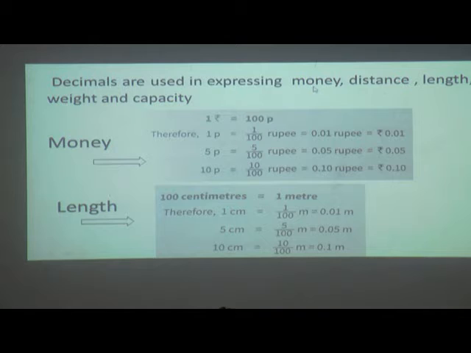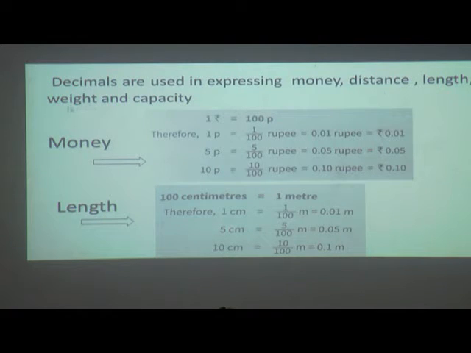What is the cost of a t-shirt? Distance: I had given the example of the distance between Sholapur to Pune, or Sholapur to Hyderabad or Bengaluru, the distance will differ. As for length, I can say what is the length of a sari, that is a 6 meter sari, or we can find the length in centimeters, the length of your pencil.